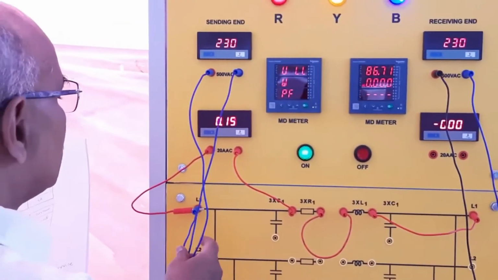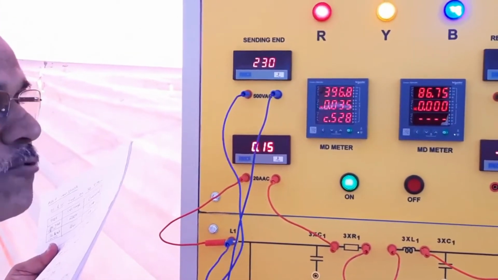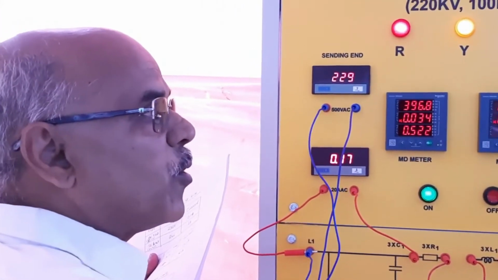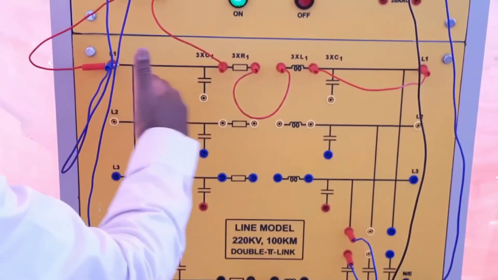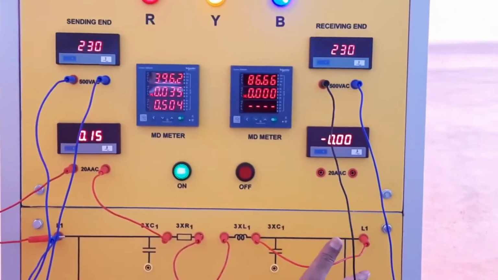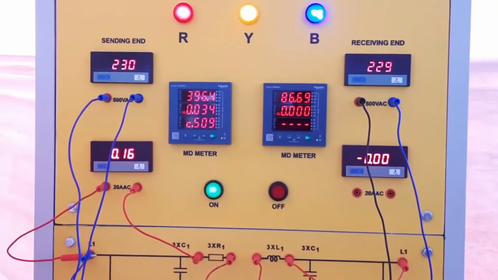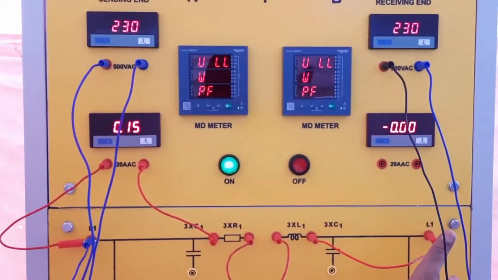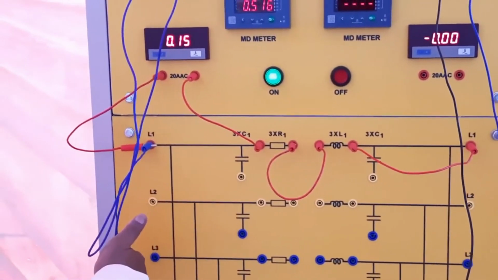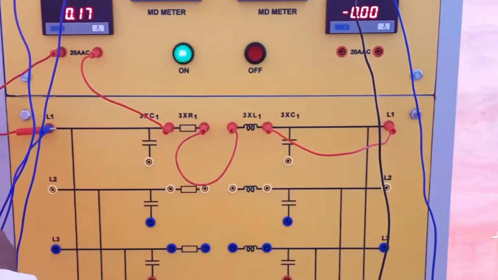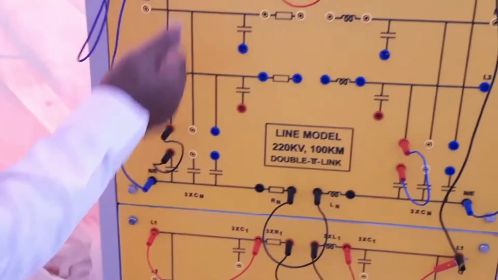This is basically a similar experiment to what we might have done in the networks lab, which is the two-port network theorem. We apply sending end voltage and measure the voltage at the output, the OC test and the SC test. In the second stage, the receiving end becomes my sending end and my sending end becomes the receiving end. We do vice versa. In the first case we apply voltage between one line and the neutral.